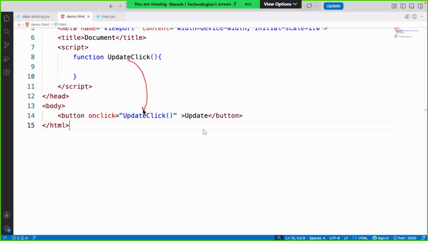Am I right? No, that is wrong. So on button click, it is not calling update click. It is pointing towards update click. It is going towards update click. Event is not calling a function. It is pointing towards the function. For example, I will tell you here, see,